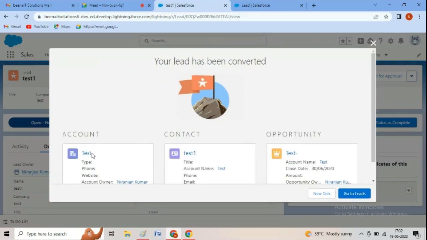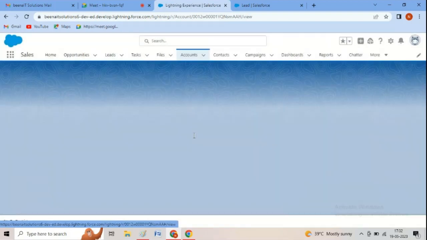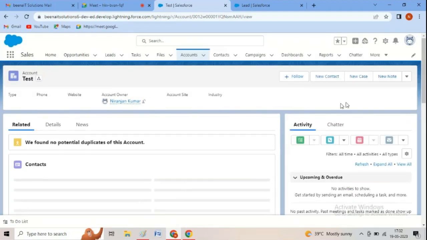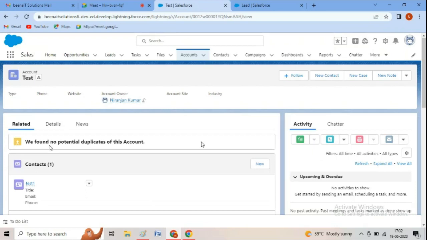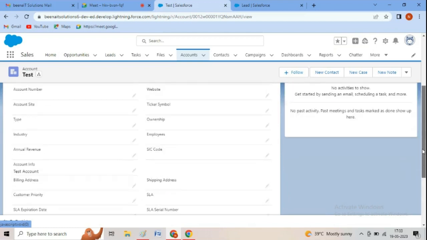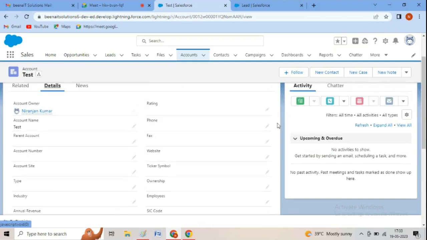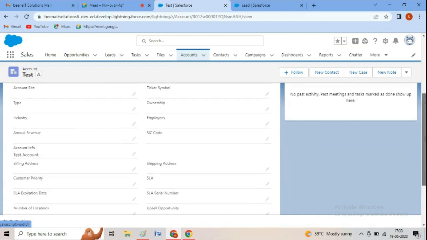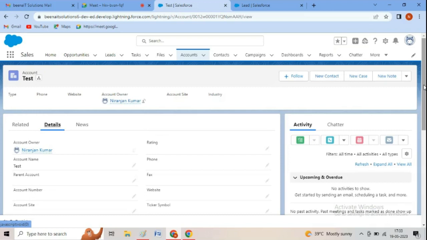Yes, now we'll see. So on the detail page, you can see account info is separate. Like it has been separated as it has been split from that lead to this account, right? So this information has got separated. Similarly, we'll check for other informations,